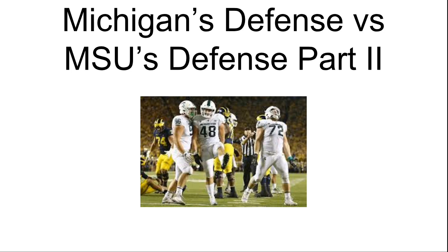Well, those highlights, I mean, they were just running wide open. That would not happen against the Mark D'Antonio defense, except for last year. But our defense wasn't that good last year. They're dominant this year. And did you guys know the score after 3 quarters? Michigan's defense gave up 41 to Ohio State. Michigan State's defense gave up 7 offensive points to Ohio State in 3 quarters. It's just embarrassing for Michigan. All right, I think I've said this point enough. Let's move on